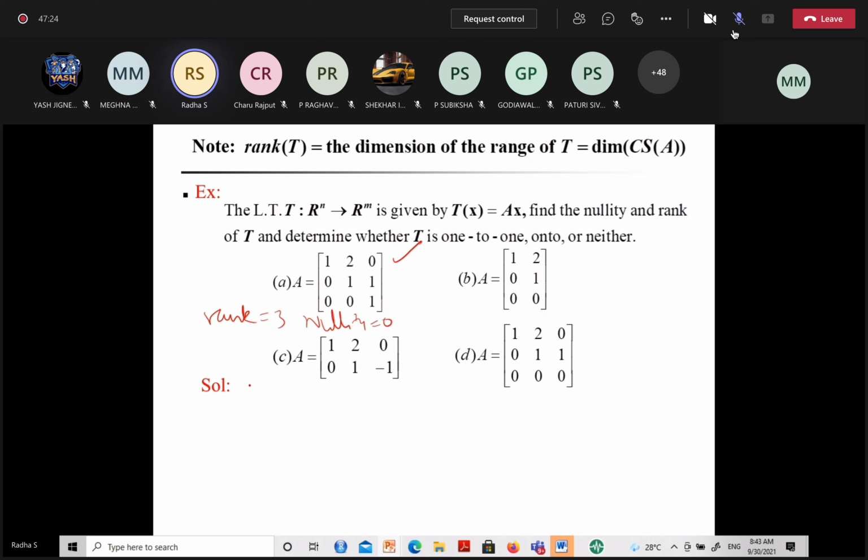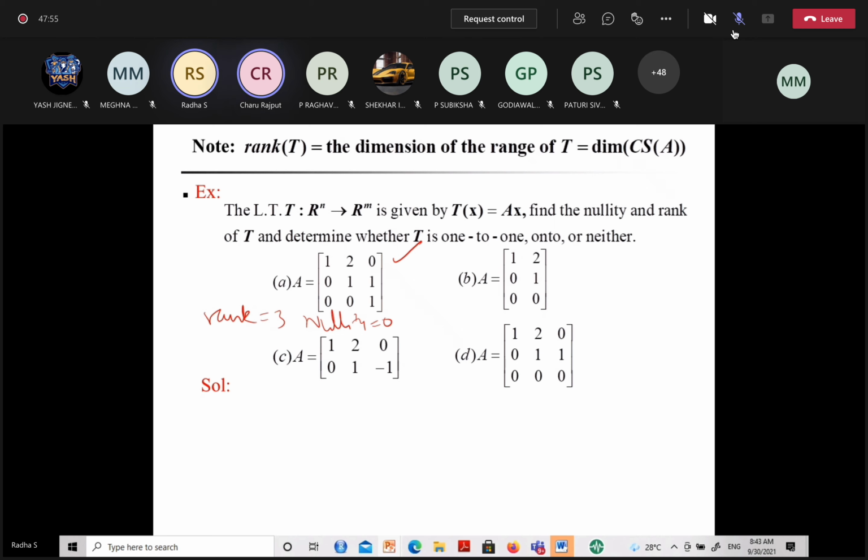Nullity is 0. What is nullity actually? It is the dimension of the kernel, right? So can you say whether this linear transformation is 1-to-1? No, ma'am. Ma'am, nullity is 0. Like you told, kernel, nullity is 0. Now the dimension of the kernel is also 0, right? Other than 0, no other element is there.